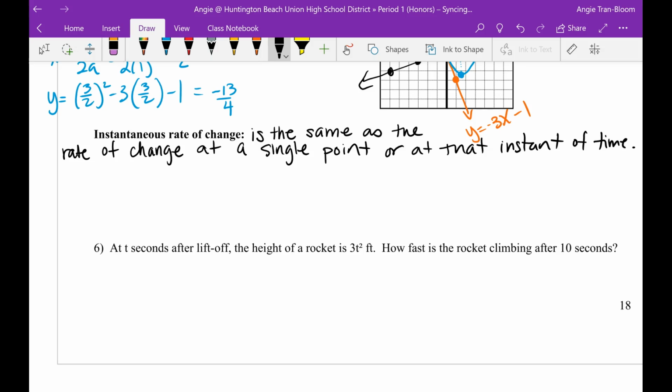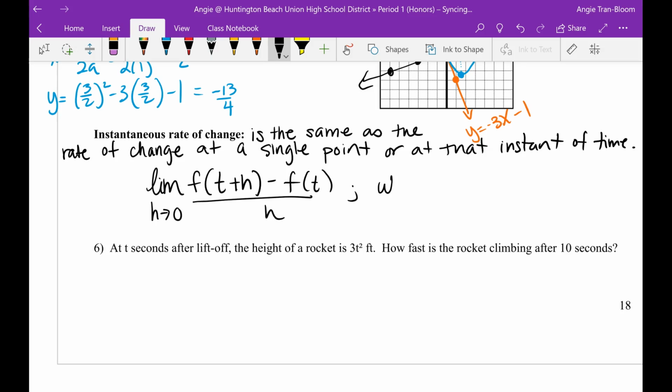So our formula will be no difference, except instead of x or a, we're going to be using t. So the limit as h approaches 0 of a function, instead of using x now, we're using t for time, f of t plus h minus f of t all over h, okay, where t is time. Okay, and then we're just going to apply this on